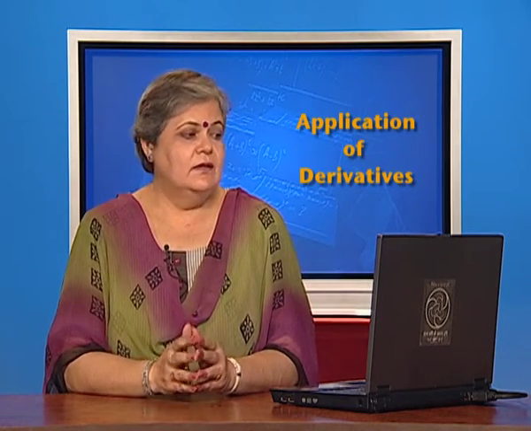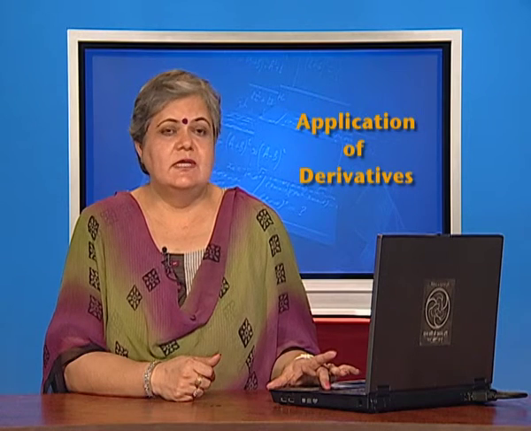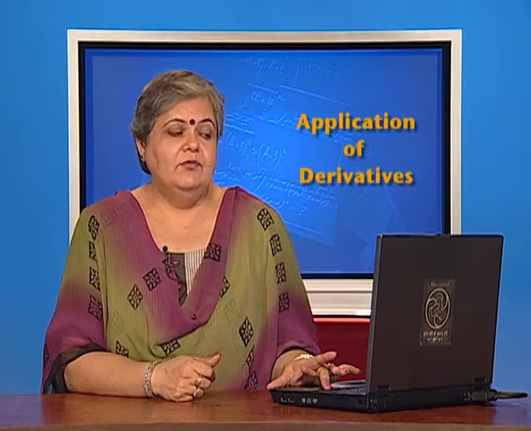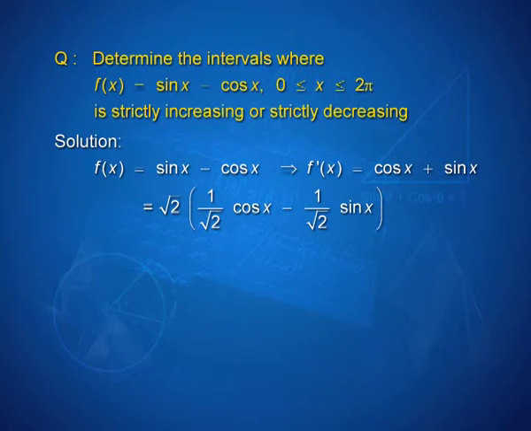The problem states, determine the intervals where f of x equal to sin x minus cos x between the interval 0 to 2 pi is strictly increasing or strictly decreasing. Of course, the work starts always with f dash x. I have to figure out the values of x for which f dash x is greater than 0, and to do that the best would be if I can put them together as a single trigonometric function, and to do that I multiply and divide by root 2, which helps me to rewrite this as root 2 times of sin